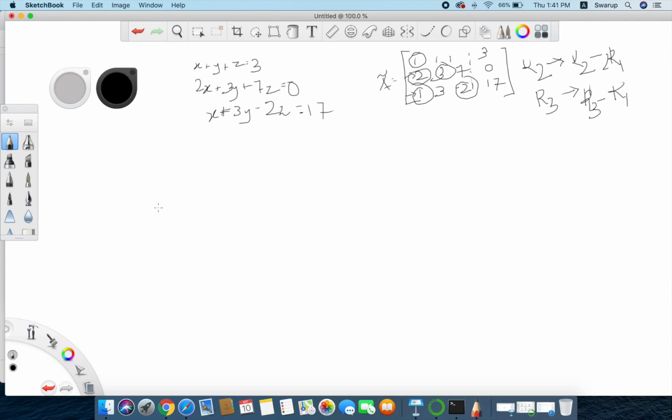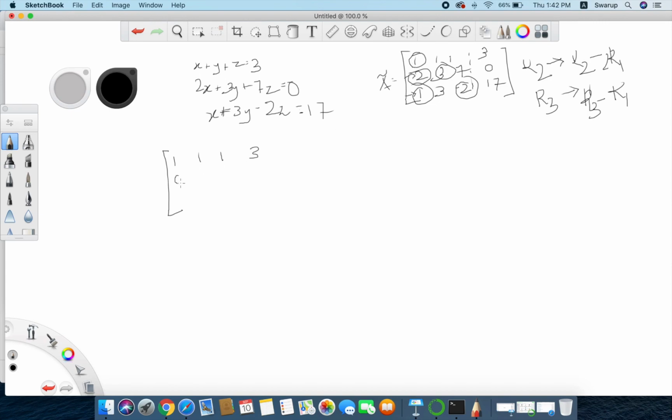Let me try this out on this matrix. The new matrix we will get after this elementary row operation is: first row will be 1 1 1 3, so this will be as it is. Next, R2 implies R2 minus 2 into R1. That is, 2 minus 2 into 1, that is 0.